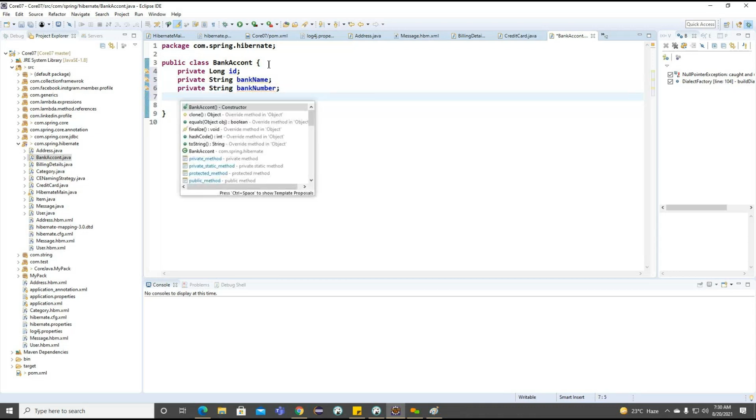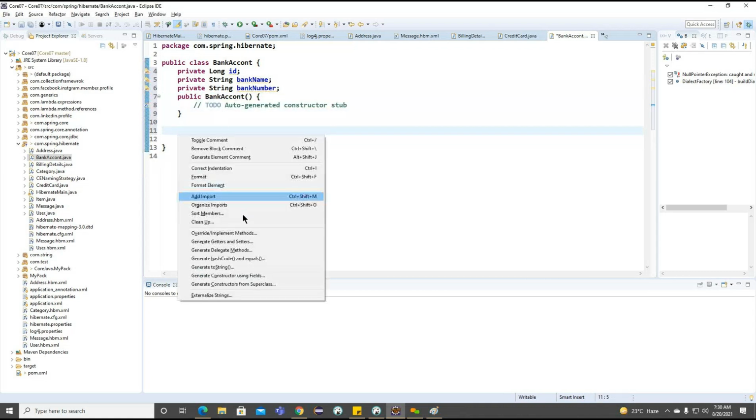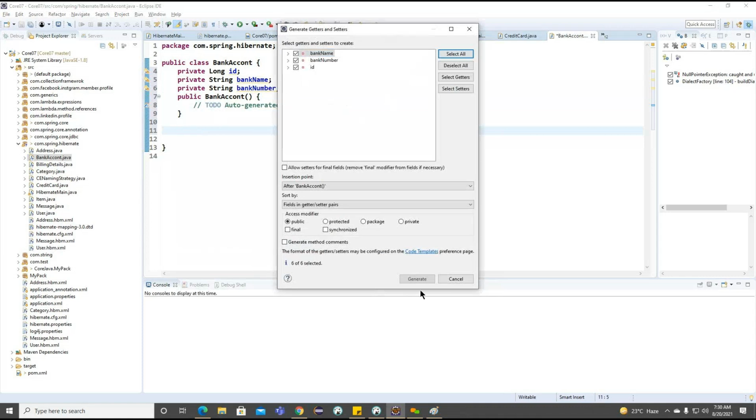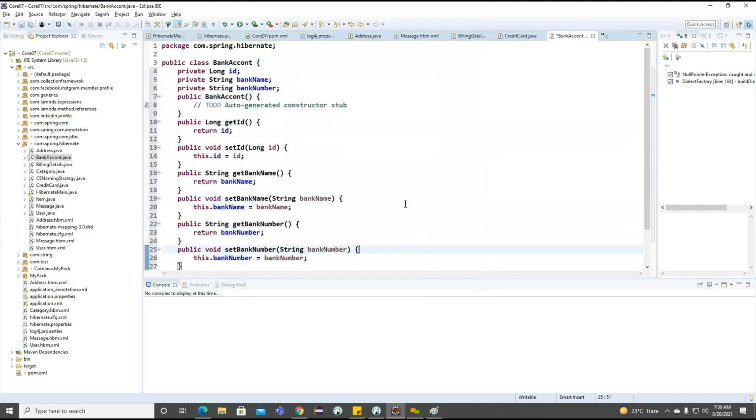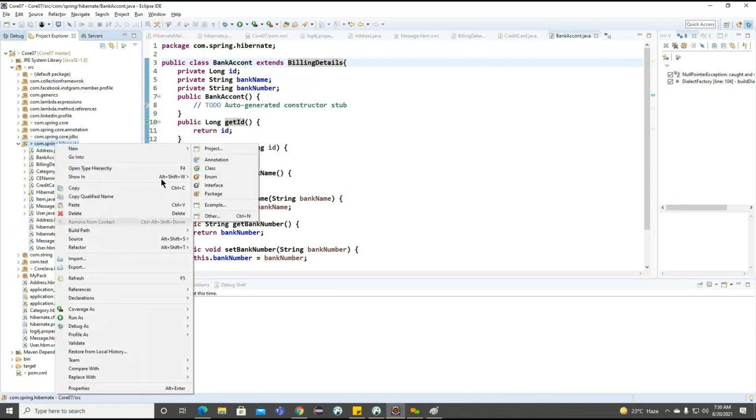Bank number is nothing but the account number. And generate all the properties here. And it extends from the BillingDetails, right? So these are the classes we created here.